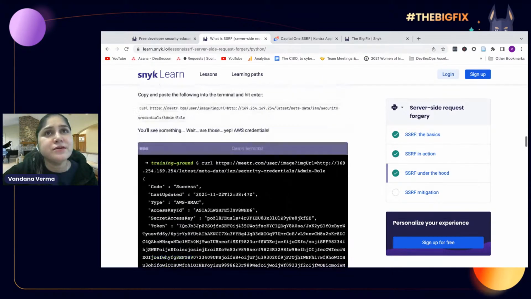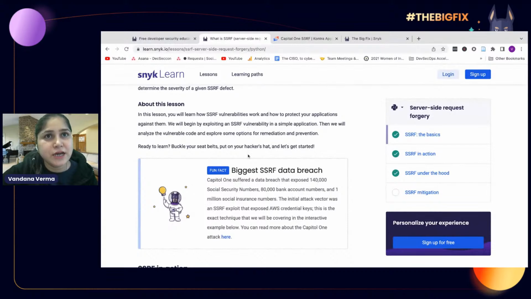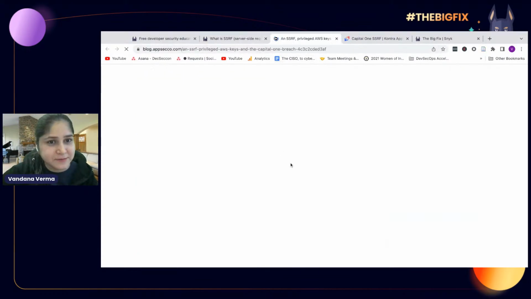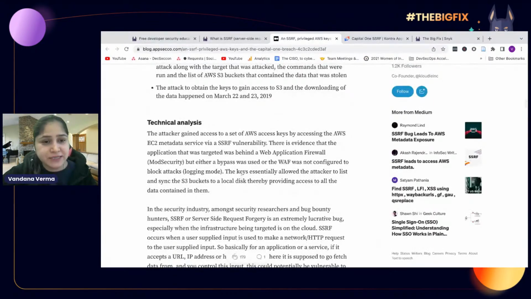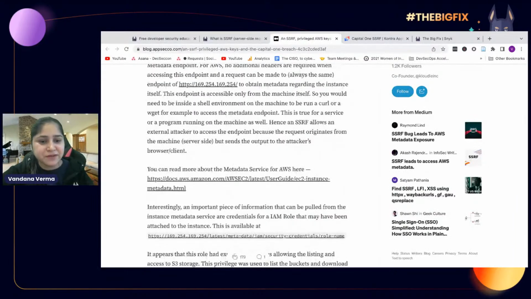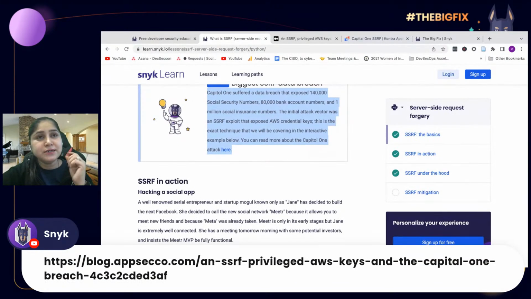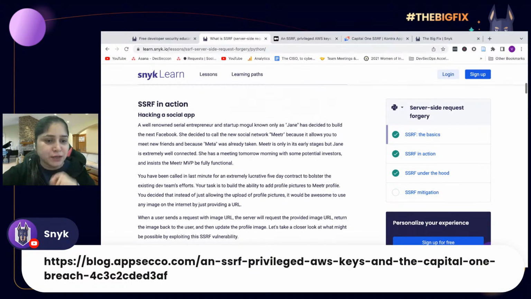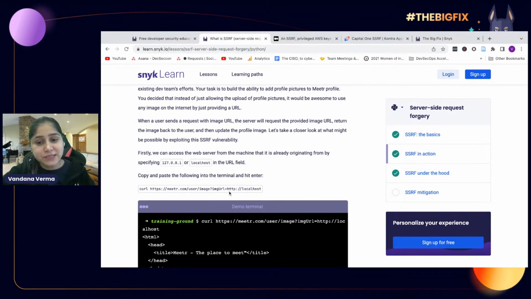When you come here, yeah, okay. So if you see here, you can get to learn about everything here, and there's even a nice blog written by my friend Riaz Walikar. He has exploited this vulnerability in many ecosystems and created a nice blog which you can go through about EC2 instances and how they were able to exploit it and how they pivoted within the network. Now, coming back to this, you can actually run through this app, this click-through solution, yourself and try how this is working.